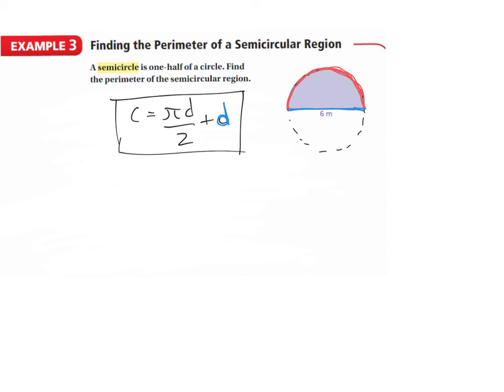All right, so very simply, now we just go, okay, C is equal to, well, 6 is our diameter, so we have 3.14 times 6 divided by 2. Now, I always, when I can, and this is why I've been teaching you guys this for a while, I factor if I can. So 6 and 2 have a common factor, right? So I can simplify this to a 1 and a 3. So now all I have to do is get my calculator out, which I'm doing on the side, 3.14 times 3, which equals